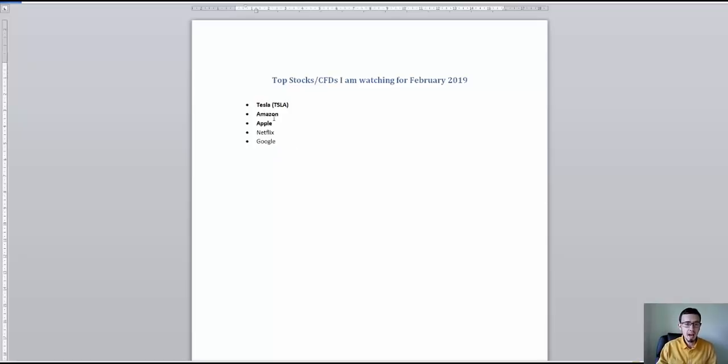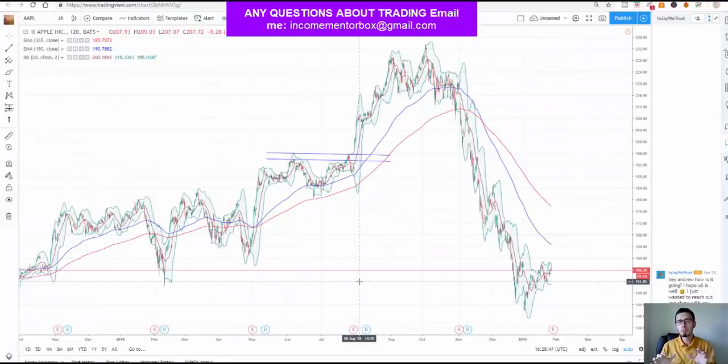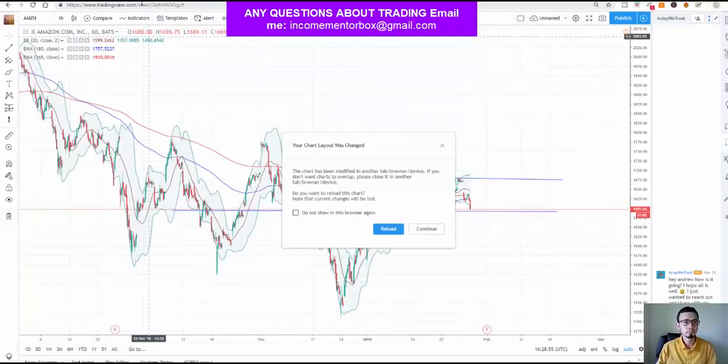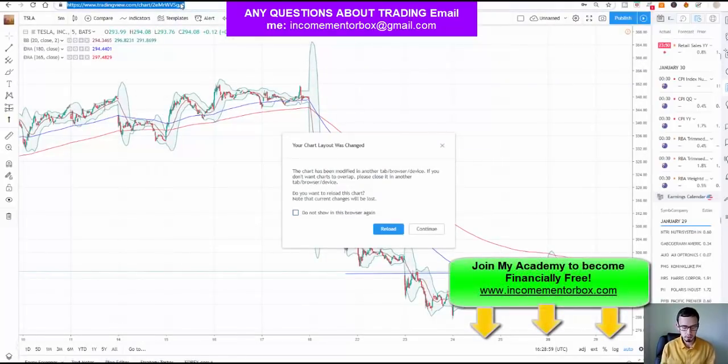So yes, guys. Tesla, Amazon, and Apple are my top 3. Netflix and Google would conclude my top 5. So this is how we analyze the markets when we look at some of the fundamentals. All of this can be seen on TradingView.com. If you go, guys, on TradingView.com,